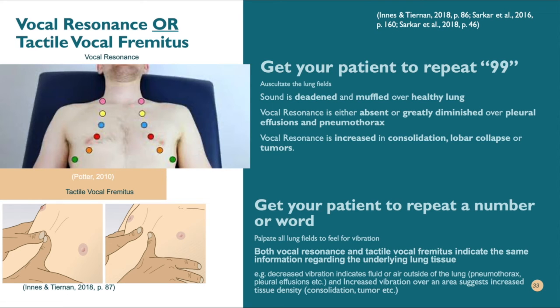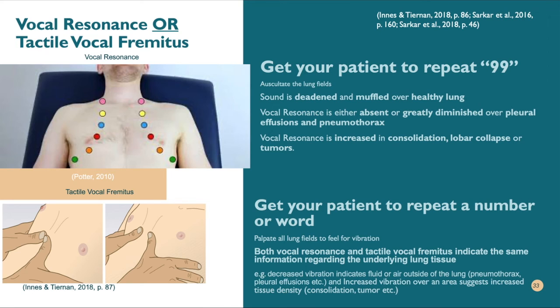Vocal resonance and tactile focal fremitus both conclude the same assessment findings, so it is recommended that you do one or the other, not both. Vocal resonance is a good indicator of how well the lungs can transmit sound. It is assessed by getting your patient to repeat 99 while you auscultate the posterior lung fields. Over a healthy lung, the spoken sound is deadened and muffled. Vocal resonance is either absent or greatly diminished over pleural effusion and pneumothorax, but increased in consolidation, lobar collapse, and